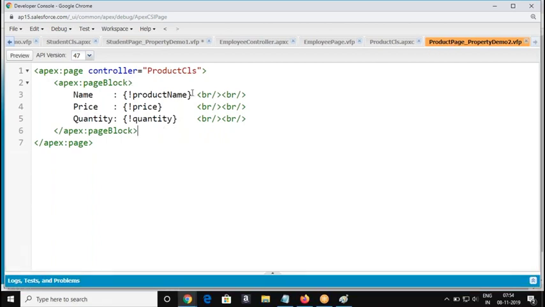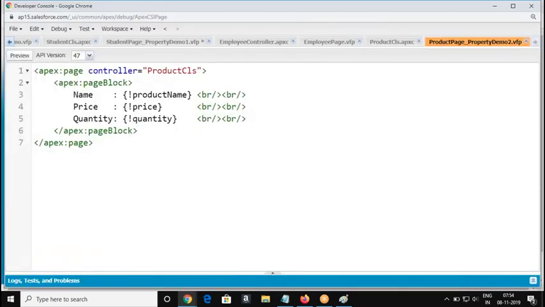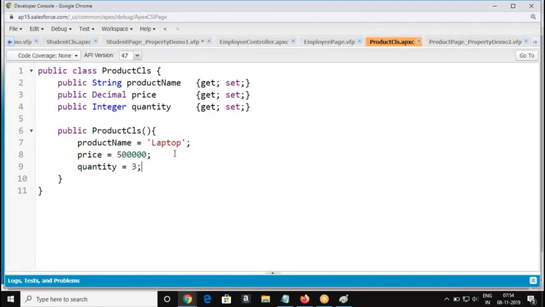Now the requirement is I need to add some button here. When I click on the button, the value needs to be displayed. Okay, a different set of values.